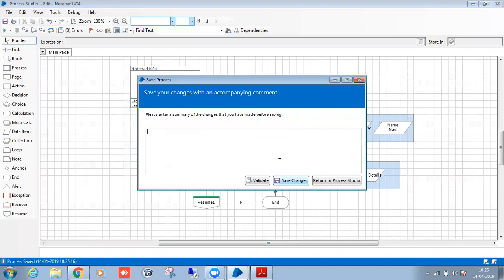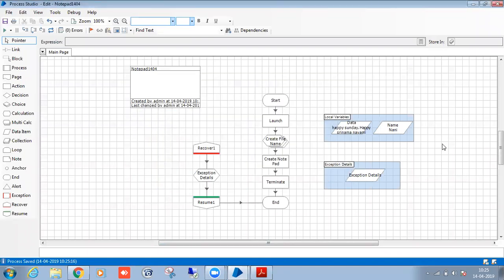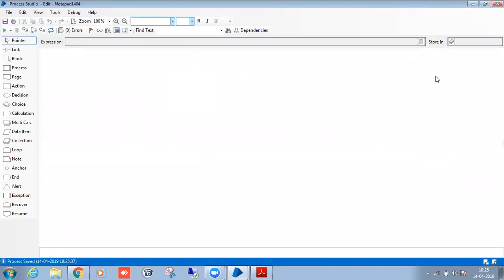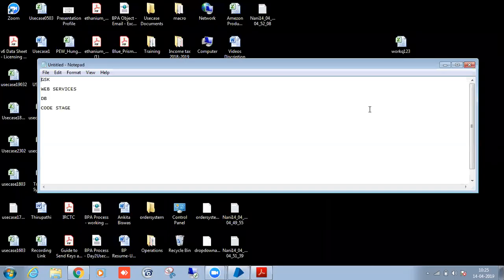Okay, so the rest of the topics: web services, database. For the database we don't have access, but I will explain about the VBOs. They may ask you how you get the data from SQL and all. That is it, and the code stage. If you have any exercises, let me know. We can practice in the class. We have 4 hours, then another extra 4 hours, so an 8-hour class.